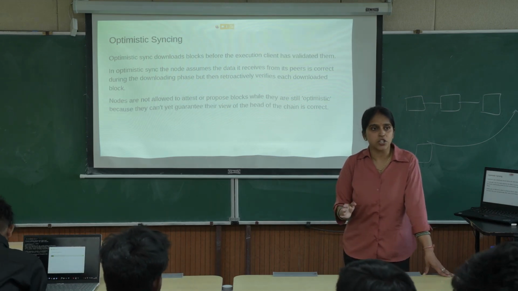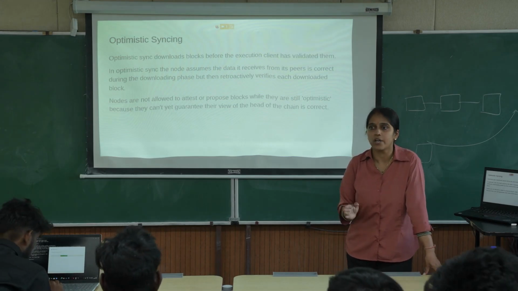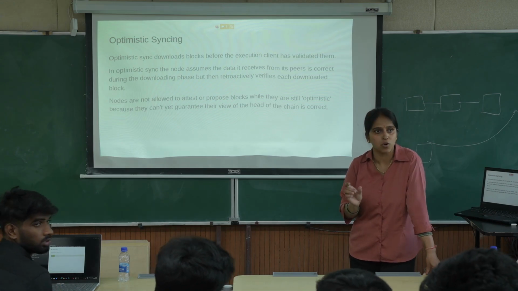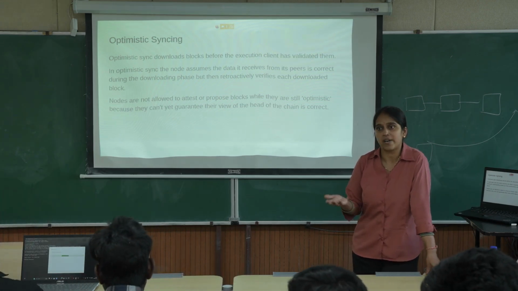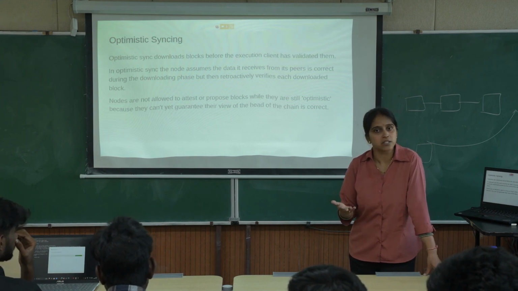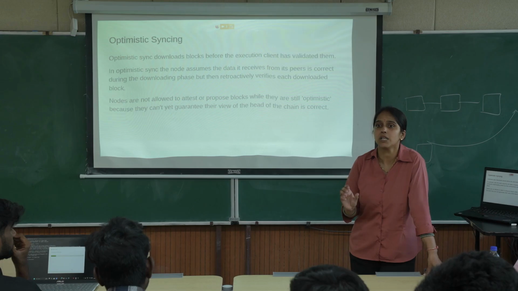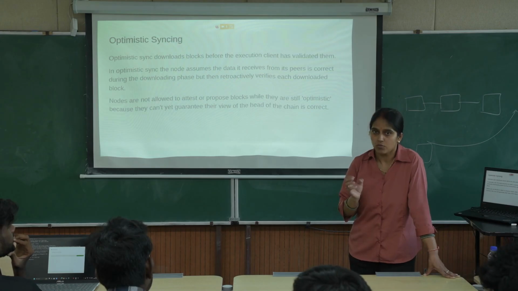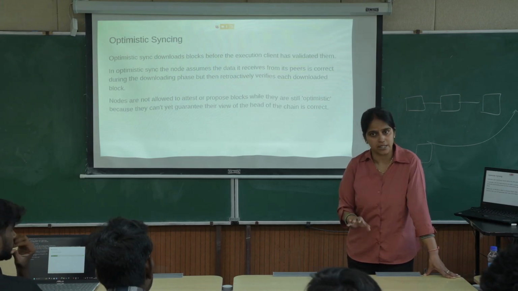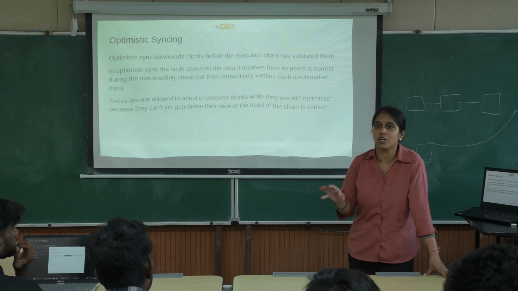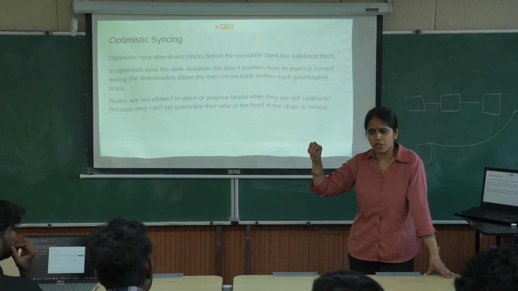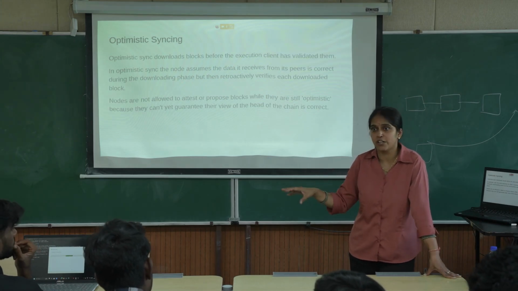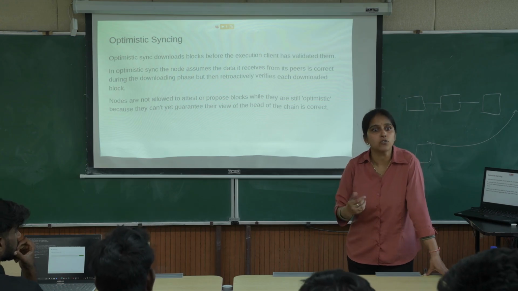Look, synchronization always takes time. Whenever you get connected to the blockchain, you cannot be sure that whatever blocks you are watching are correct. It might take 5 days, 10 days, 50 days, you can't know how many days. So if you are a validator, you also cannot be confirmed that whatever blockchain state you are watching is correct right now. After some time, when you are validated, or you can connect to the blockchain nodes that confirm this is the correct information, after that you will be able to validate.